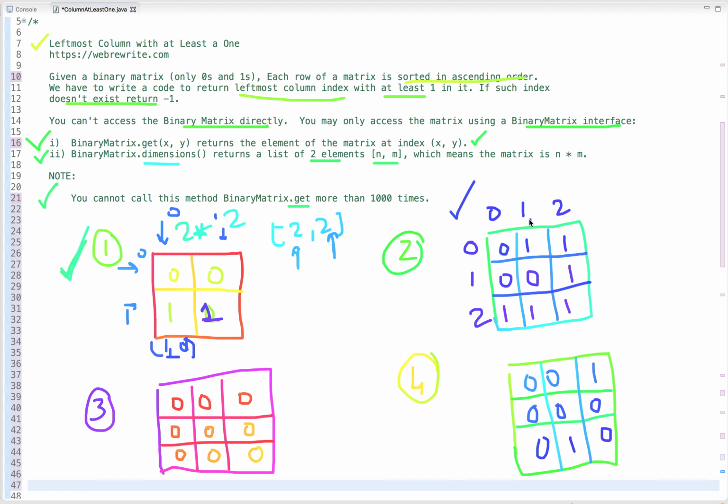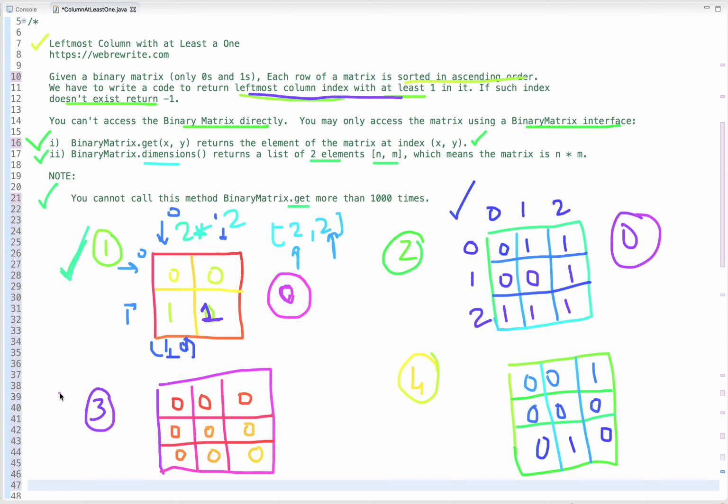Here you can see at the first column we have 2 ones, at the second column we have 3 ones, and at the 0th column we have only 1 one. We have to return the leftmost column index with at least a 1 in it, so the output here is 0. 1 is present at the 0th column.